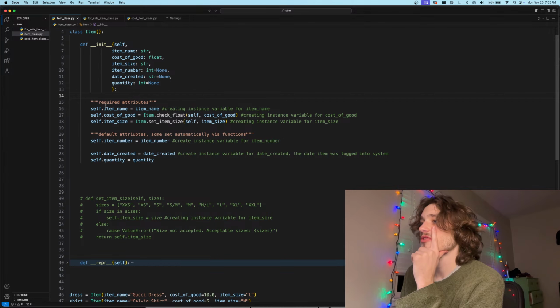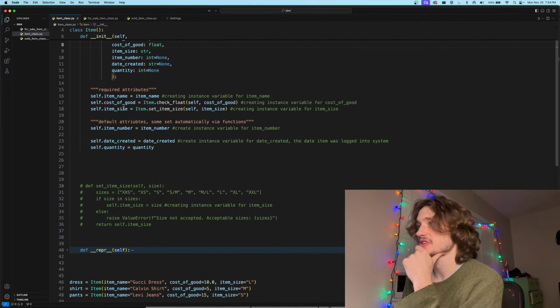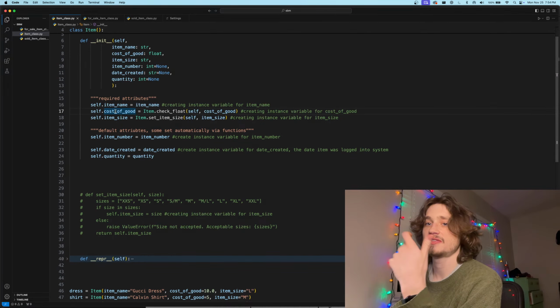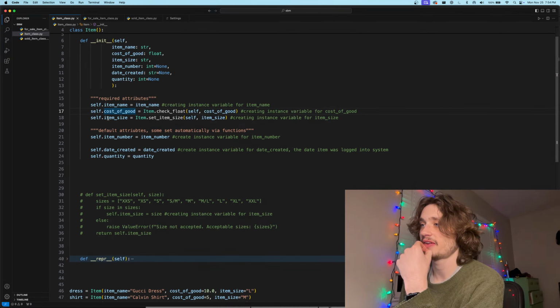So then we have some required attributes, right? These are the three that are up top. We require these ones to be set. So we set the name of the item, we set the cost that we receive the item at, and then we have the size that gets loaded into the system. Now the item number,